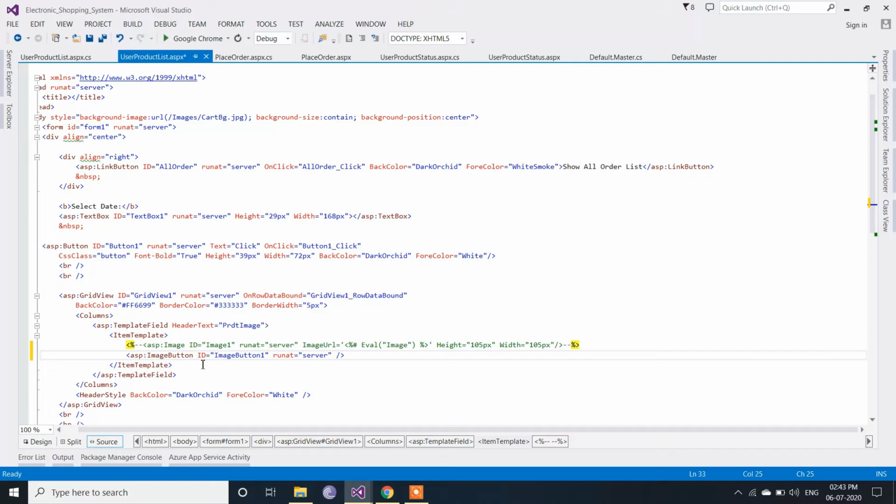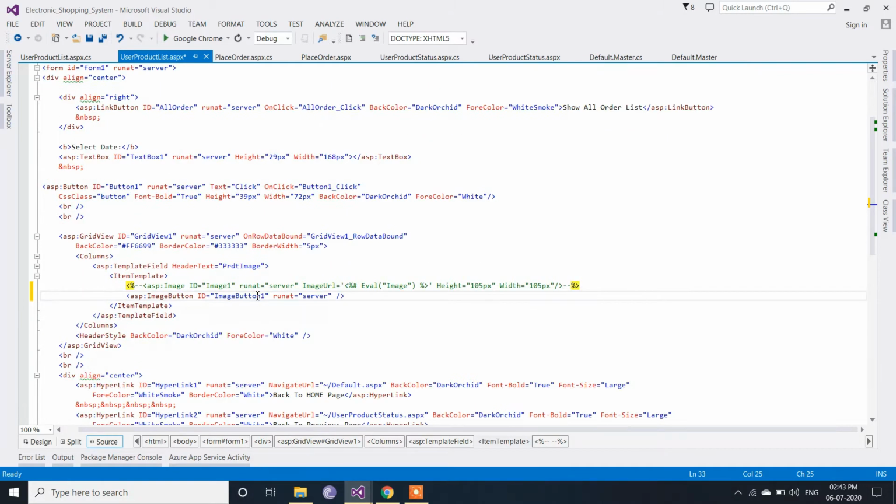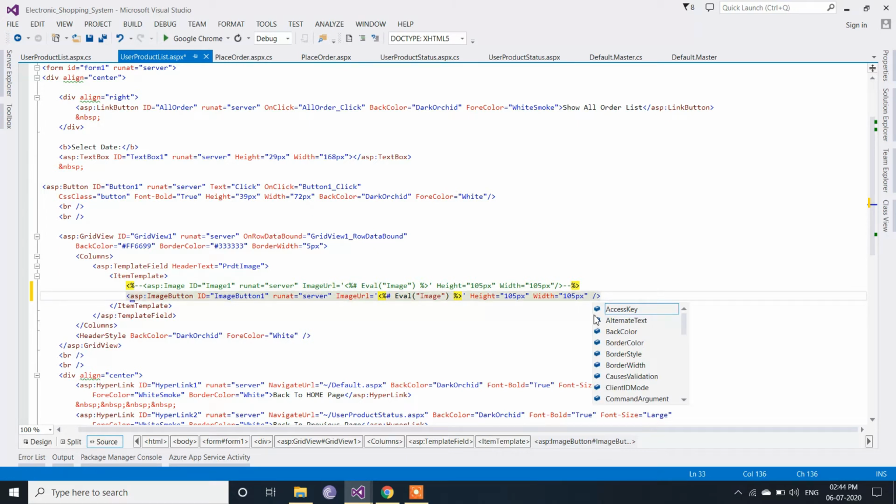Okay, now I've taken this image button. Now add the same properties which were present in the image control, so I'm just copying them from here and pasting them here. Now we have to add two more properties, that is command name and command argument.